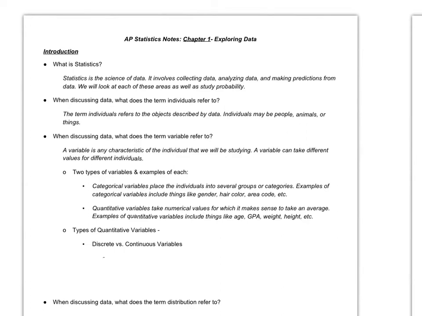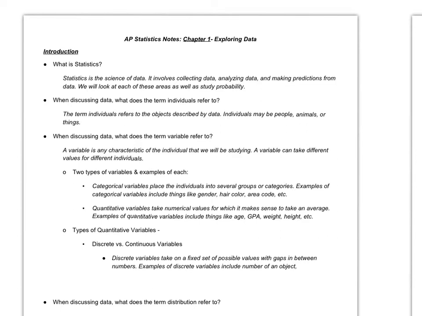On the other hand, something like GPA or height or weight, we could take that same group of Columbus students and collect information on heights, and it would make sense for us to take an average of those heights. It would give us a piece of information regarding our Columbus students. Now, for our quantitative variables, there are typically two types of quantitative variables that are studied. The first would be what we call